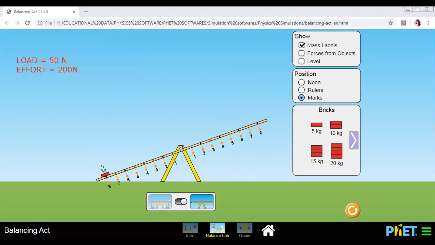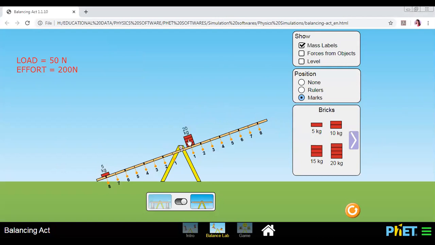Okay. Now what am I doing? This is my load. I have changed the load and effort now. This is my load, which is 50 kg, and I want it to be lifted by 20 kg. Can I do it? Yes, definitely I can do it. But for 5 kg, I am applying a force of 20 kg. Okay, so where do I have to keep it? I will keep it at 1 and I will be able to lift it.